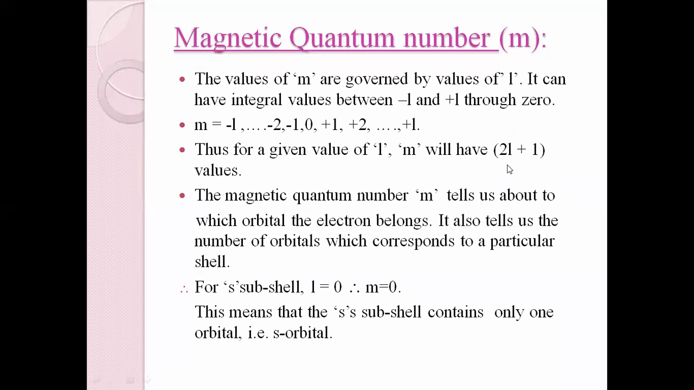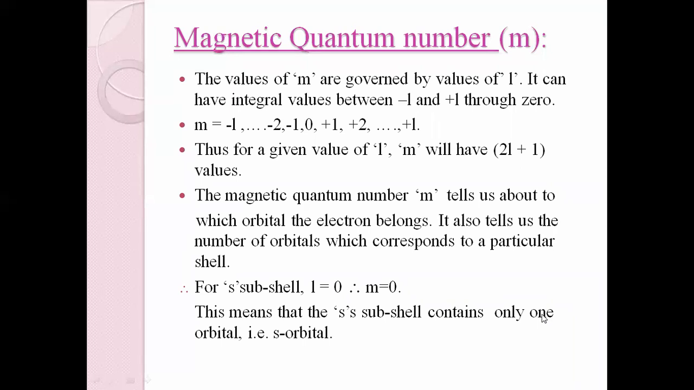ठीक है, so when the count is 2l plus 1, 2 into 0 plus 1 which is 1, तो 1 शुरू होता है 0 से. Therefore, m is equal to 0. That means the s subshell has got only one s orbital. ठीक है, ये जो 1 लिखा है ना, ये क्वांटिटी वाला 1 है।